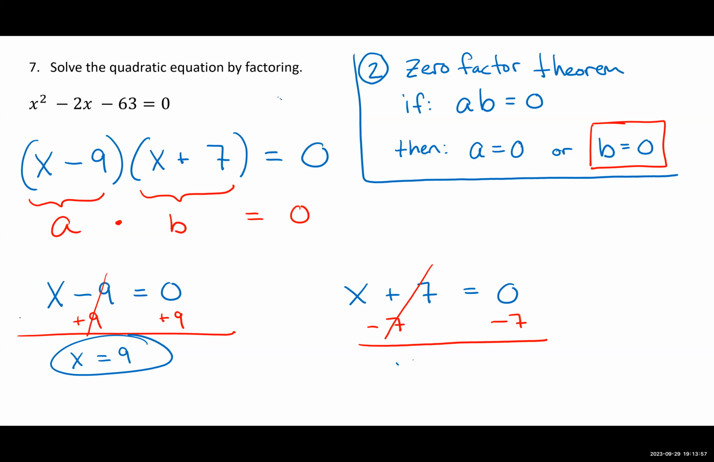So we'll have x is equal to negative 7. All right, so solve by factoring means factor. First you need a 0 on one side. If that 0 was any other number, you would have to subtract it, bring it to the other side. You must have